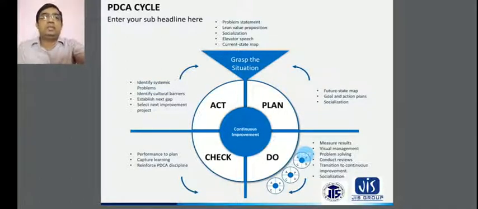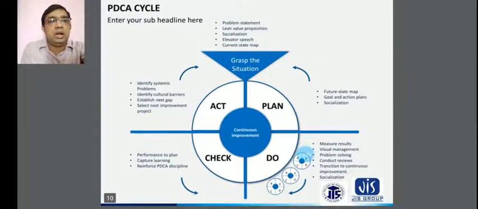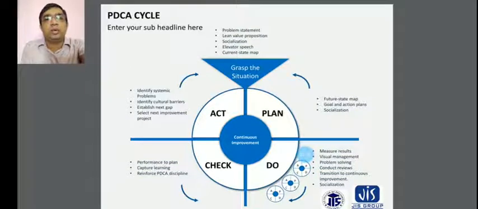During this, the plan is given, like the future state map, which will be done during the future steps, like what you will be standing at those points, and which type of plan will be done under this condition. The future state map will also be here. Another thing is the goal and action plan that is required, like what your goal is, which type of products you have to produce, and which accuracy points will be set in your product quality. All these things will be concentrated according to your goal and action plans. Another is the socialization.